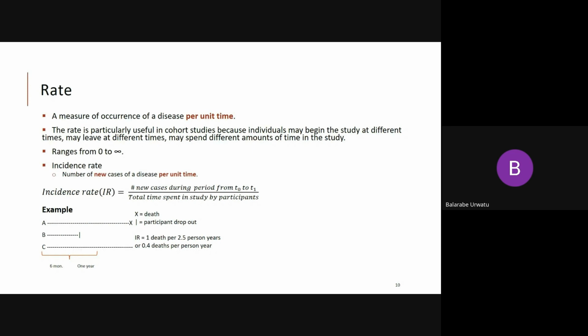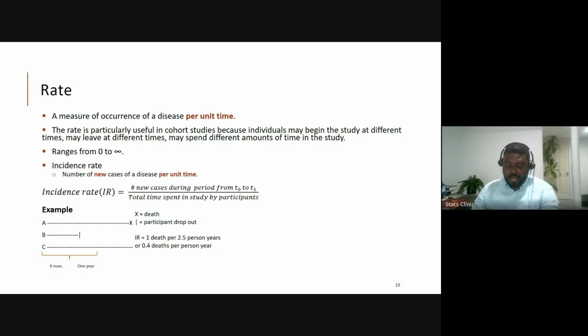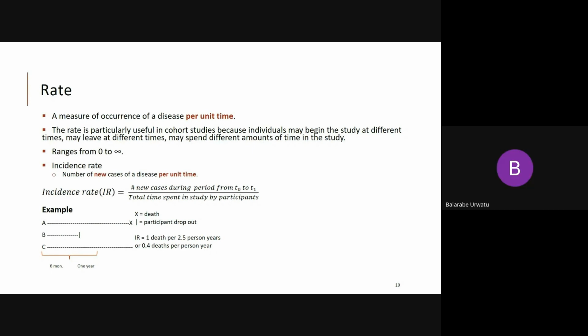Hello, can you hear me? Yes, we can hear you. Okay, thank you very much for the opportunity to join this educative session. We really appreciate this kind gesture. So my question is, I joined the class late because the time clashes with our praying time, so I joined, then left and rejoined again.